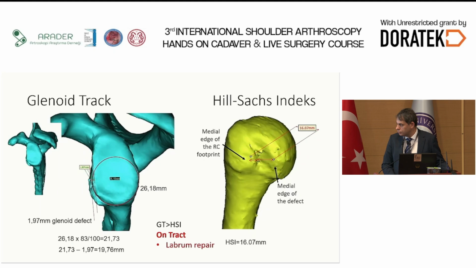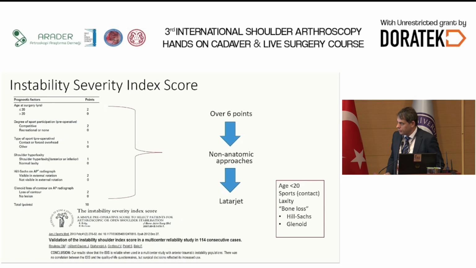and if it is an on-track lesion, then in these patients you can use labrum repair techniques. Not doing a bony procedure, but labrum repair techniques can be done. But for this, you have to